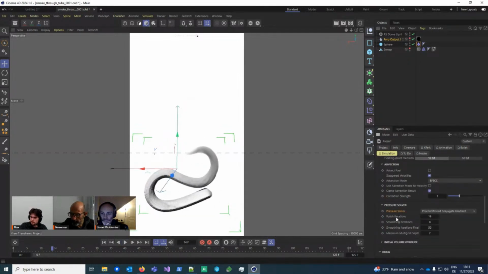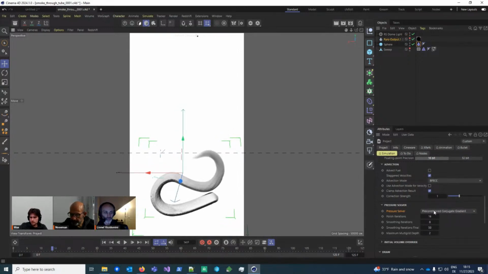But in the end, this pressure solver mode is basically what makes the whole system work. And since this one has more or less the smallest error, it will work for such global effects where you just try to push something through a tube or something. For free-flowing clouds and smoke, it might not be as required because there the margin of error is a bit larger and you don't actually need this effect in the end.